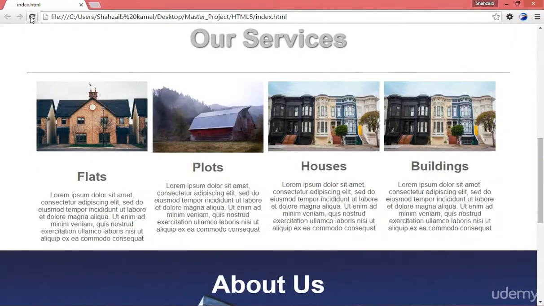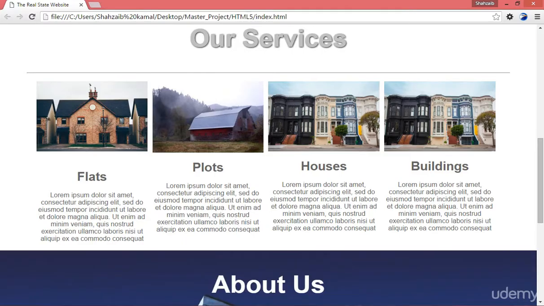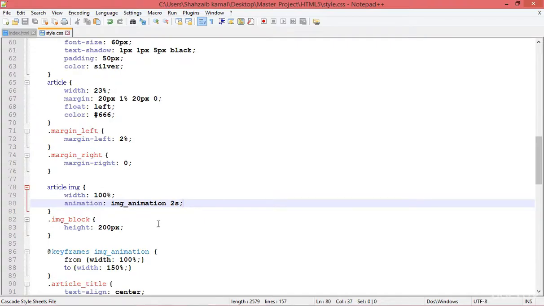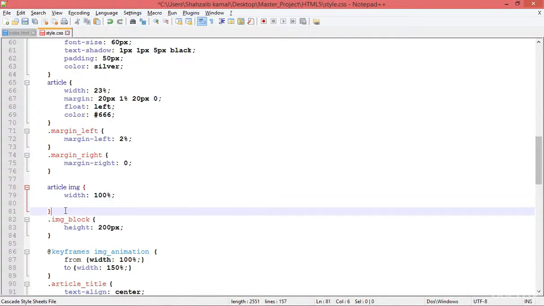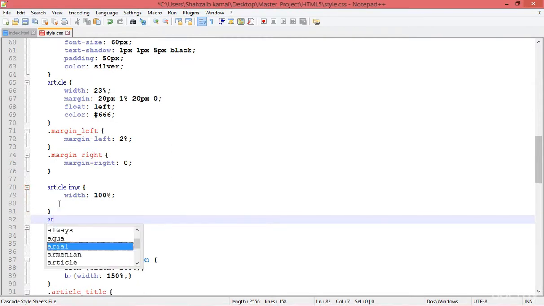You can see that it has been completed. It's going on, but actually it's disturbing everything. One more thing I'm doing, I'm just cutting this. Okay, another interesting thing I want to teach you, article